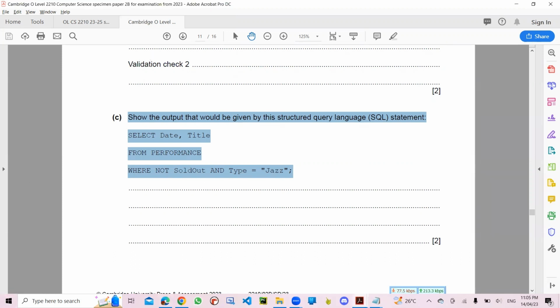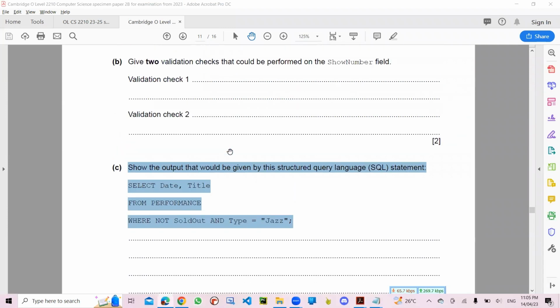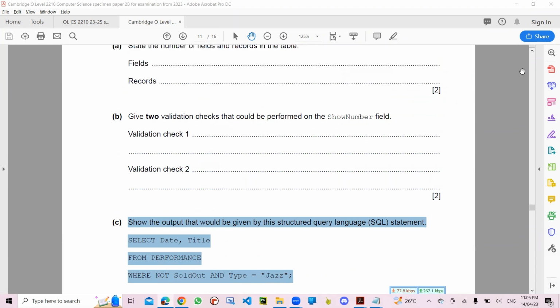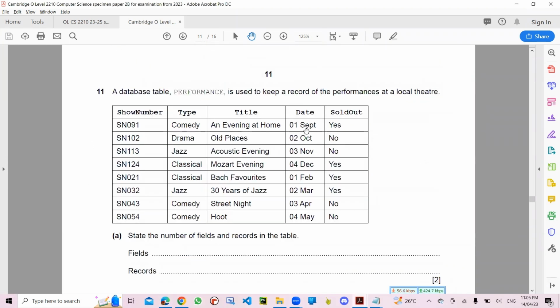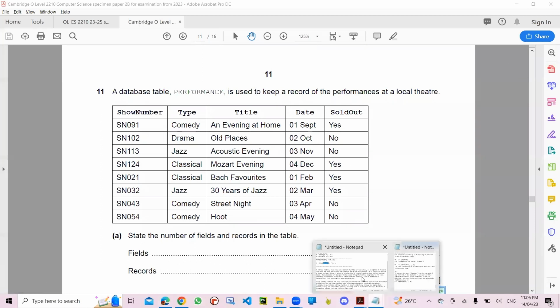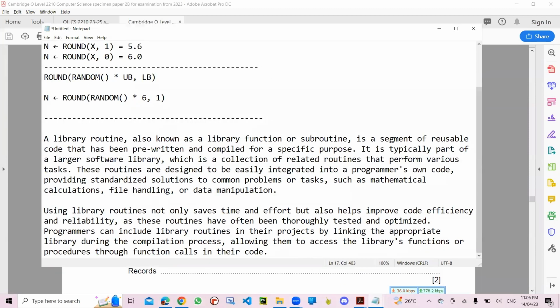तो अब हमें चाहिए कि इस वाली क्वेरी में हमें क्या होगा। The SQL statement provided here selects the date and title from the performance table, ठीक है, so date first and then title. So अब हमारे पास जिसकी आउटपुट आएगी ना, डेट आ जाएगी 3 नवंबर, और टाइटल आ जाएगा अकॉस्टिक इवनिंग। ऑलराइट।